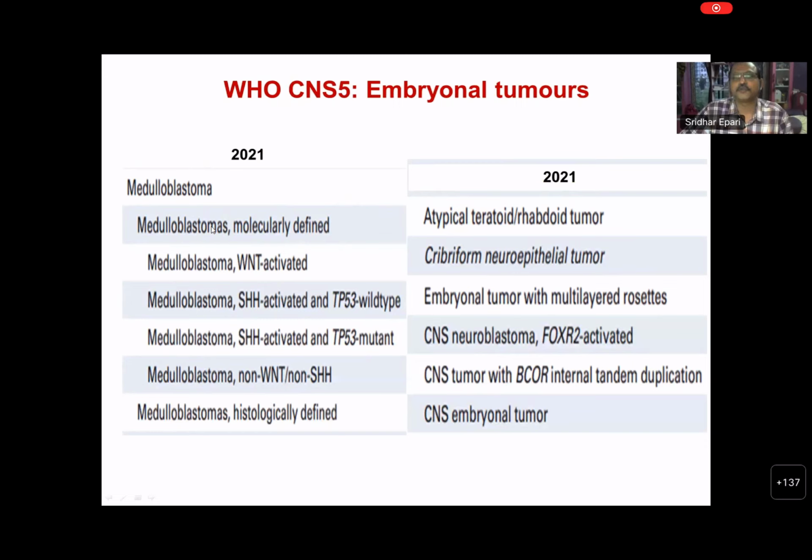Non-medulloblastoma tumors are the other spectrum: ATRT, the atypical teratoid rhabdoid tumor; ependymoblastoma-like neuroepithelial tumor, which is a crinoid; and embryonal tumor with multi-layered rosettes. There are also uncommon tumors: CNS neuroblastoma, CNS tumor with BCOR internal tandem duplication, and CNS embryonal tumor,